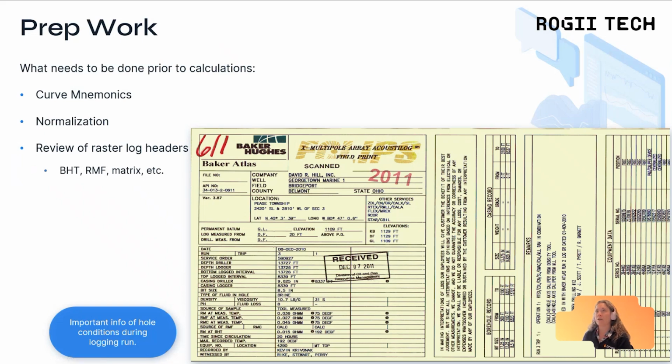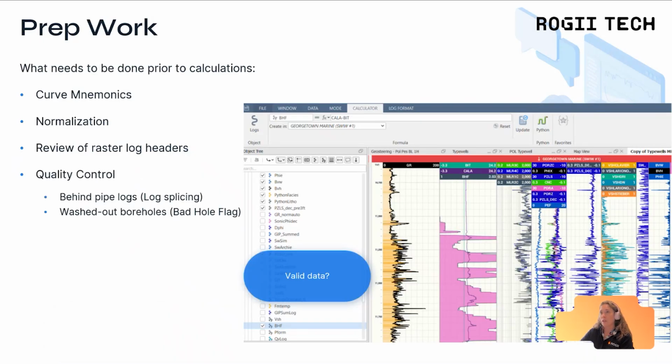Third, our raster log headers. You may need to review these for other important information, hole conditions. Maybe you're going to talk about temperature gradients in your calculations, and therefore bottom hole temps are very important. You might also find out about rugosity or the matrix that's being used for your porosity log calculations. And lastly,